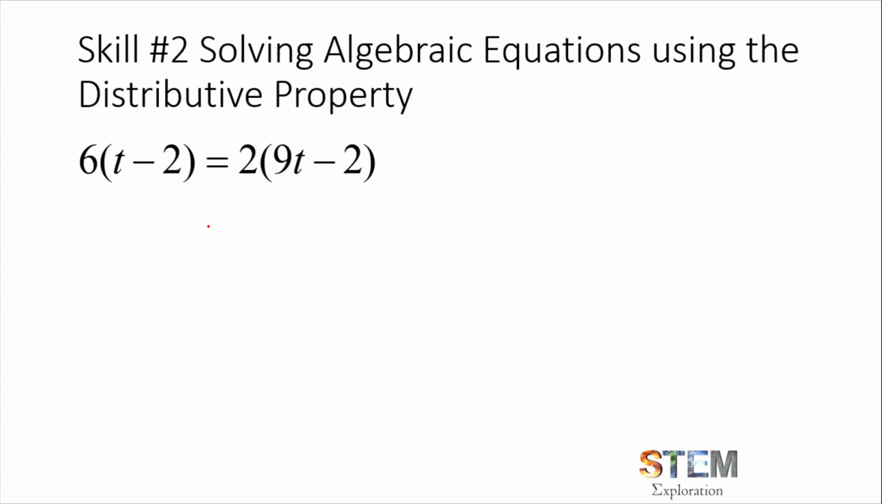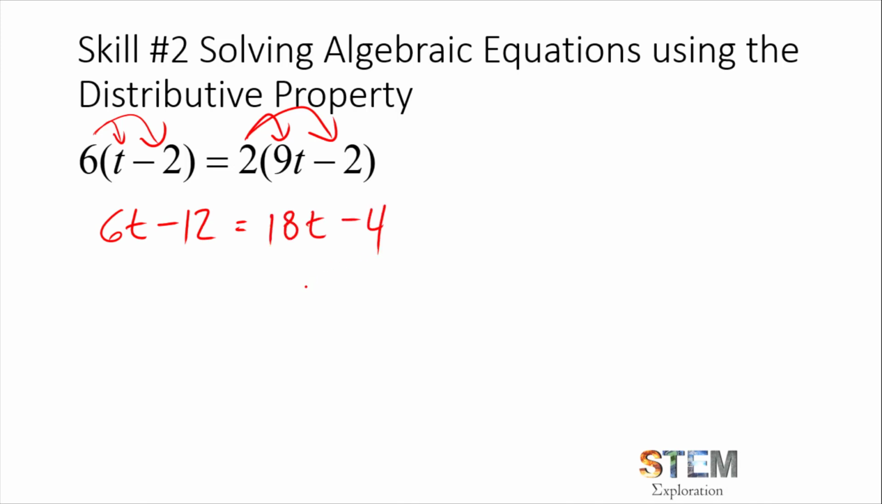Now let's say we have a situation where we have to solve an algebraic equation using the distributive property. In this given case, we see 6 times the quantity t minus 2 equals 2 times the quantity 19 minus 2. In this situation, this would be an example where there isn't any addition and subtraction work. I'm just looking at this and I'm seeing it's not there initially. So I have to apply the distributive property here and distribute accordingly. But once you do this,